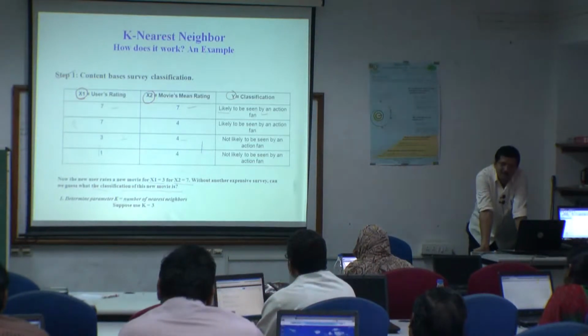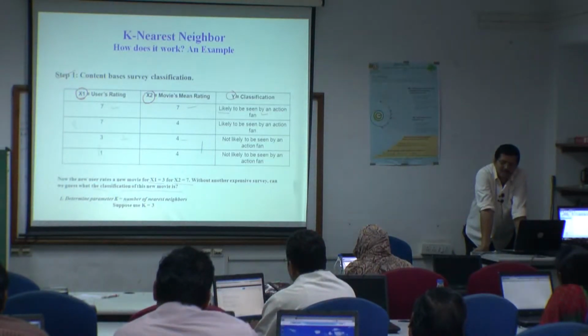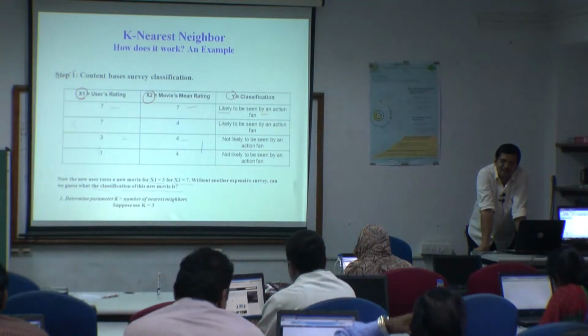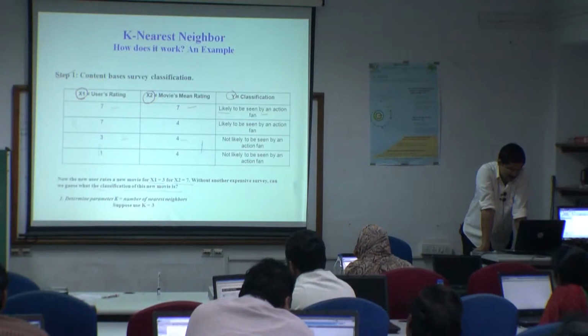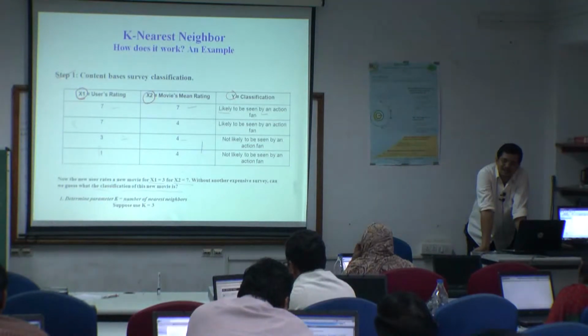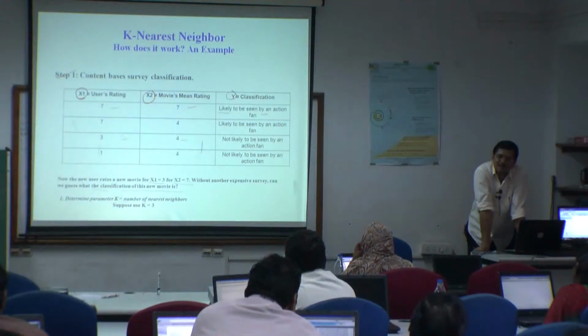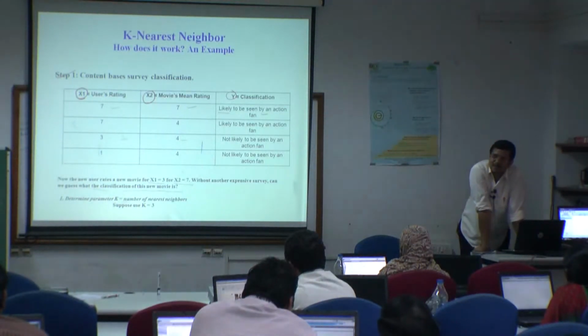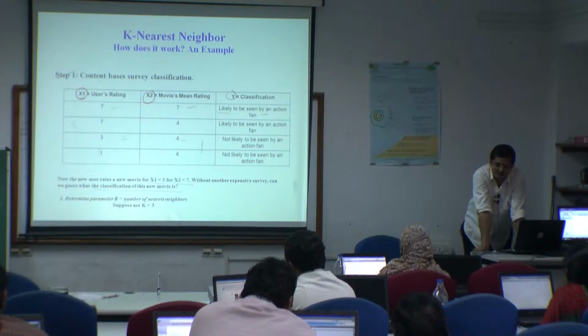For that, how does the k nearest neighbor based system work? First you have to identify the value k for the number of nearest neighbors. Here it uses k equal to 3, meaning they will consider 3 nearest neighbors. I already discussed earlier that a k nearest neighbor based system uses an odd number of nearest neighbors just to avoid the chances of a tie.